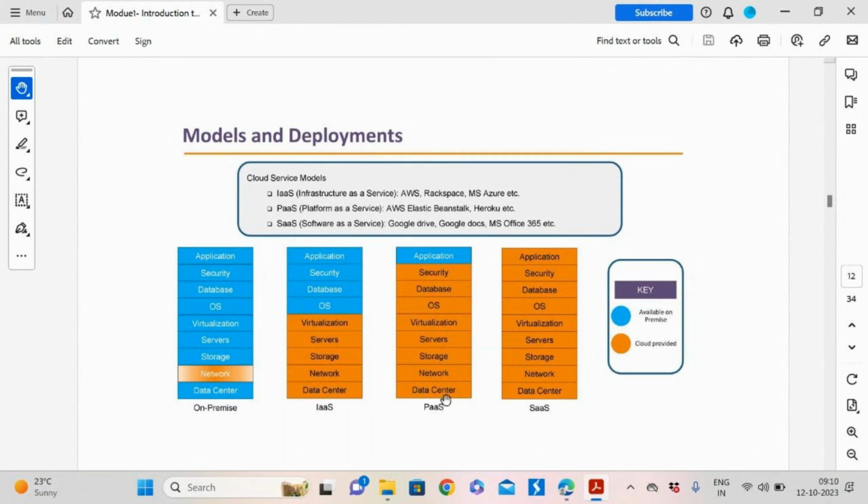All the rest of the scope is handled by AWS. For example, let's consider a database. Everybody should be familiar with, or at least aware of, some kind of database, for example Oracle database or MySQL database.